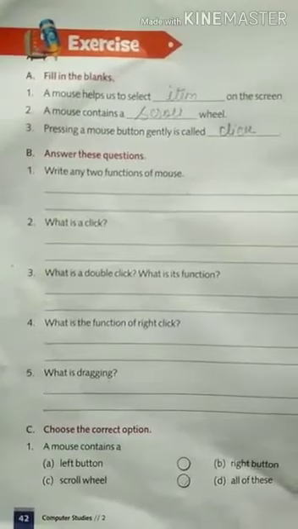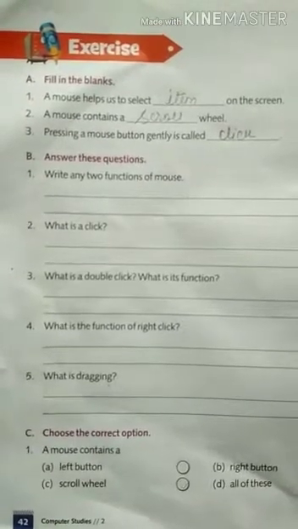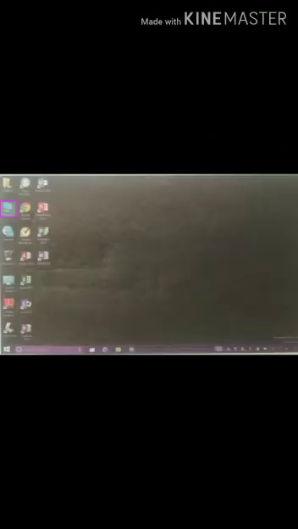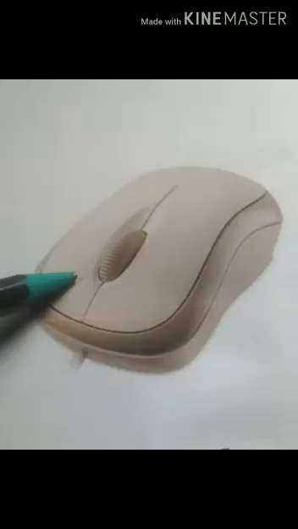Question first, write any two functions of mouse. It helps us to move mouse pointer and to select items on the screen. A mouse is used to drag and drop an object to another location. We can do different activities on computer using a mouse.